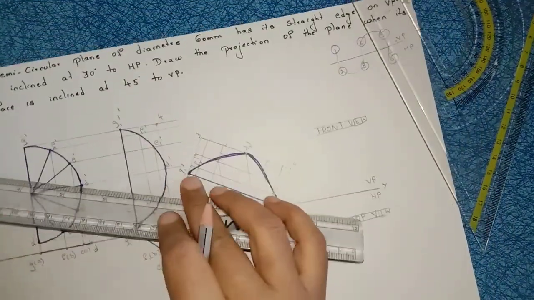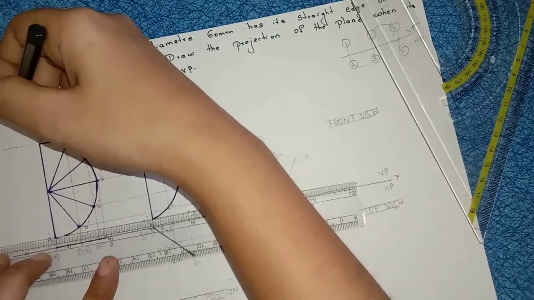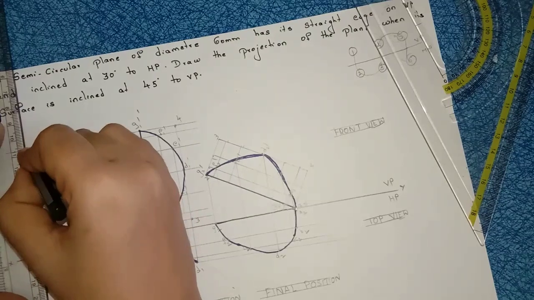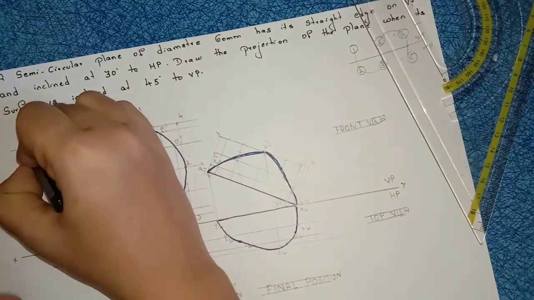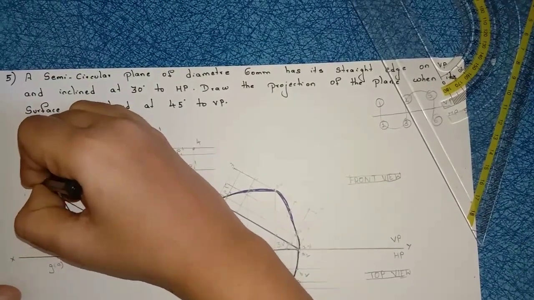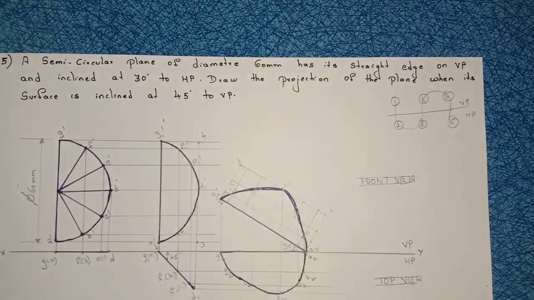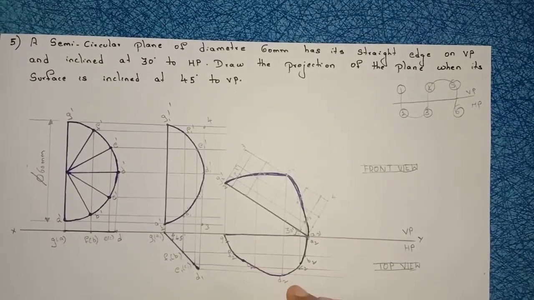Right, so in this question they mention the semicircle diameter, no, so draw the extension line, draw the dimensional line, closed and filled arrow marks. Right, diameter 60 mm. Right, so this problem is very important, very important. Please practice this problem. Right, so let us see the last one.